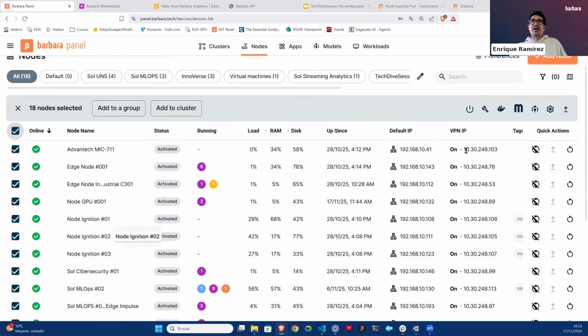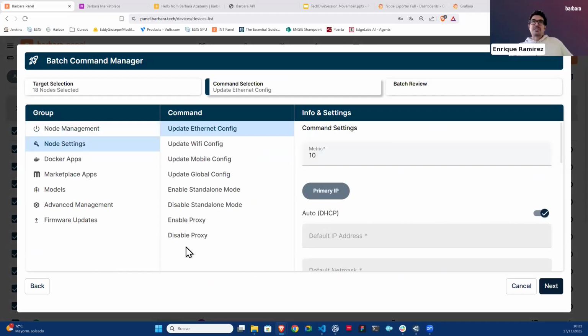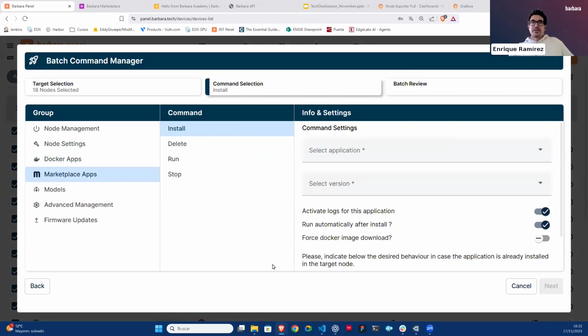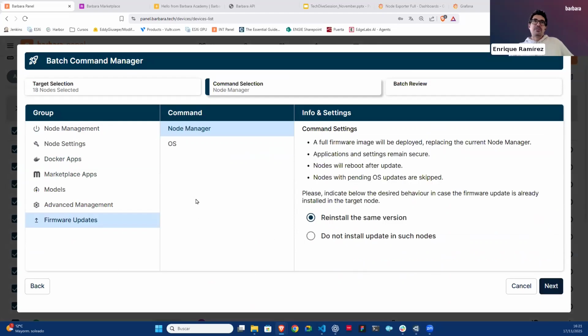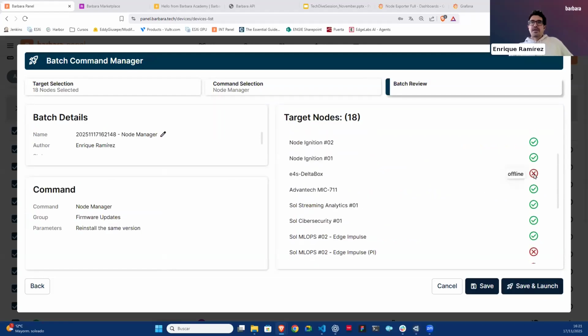selected all of them, I can use this button here to do any command that is available for a single action or is also available for a group of them. So I can activate or reboot or deactivate or change the parameter, change the networking, install any Docker application, install any marketplace application, updating the firmware, everything is available for a group of them. Even if some of them, as you can see here, are offline,